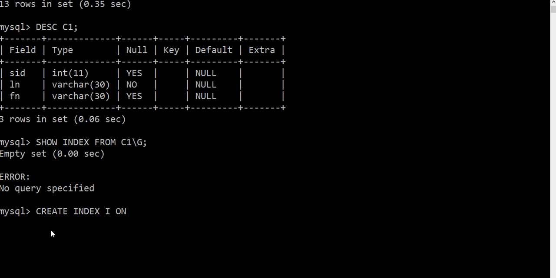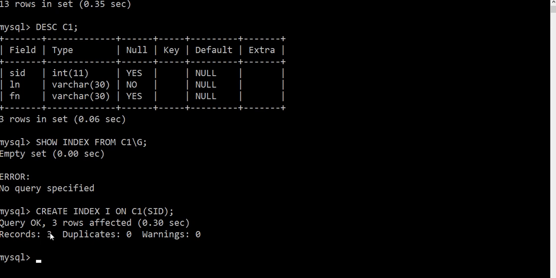ON is the keyword, then C1, and the column on which you want to create the index, like SID. The column on which we are creating the index should have unique values, then only it will be successful. So this way our index has been created.